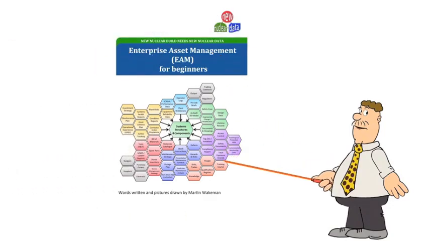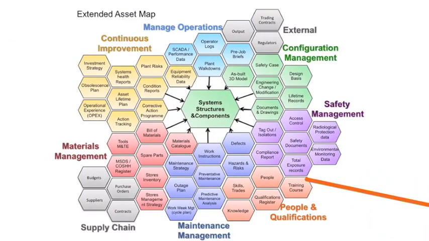For the next part of this presentation, I'm going to use a diagram on the front of this booklet. I use this honeycomb diagram extensively when discussing asset management with clients. I find it very useful. It's a representation of the capabilities required in a particular industry. In this case, it's a nuclear generating company, but a similar diagram can be drawn either in this honeycomb form